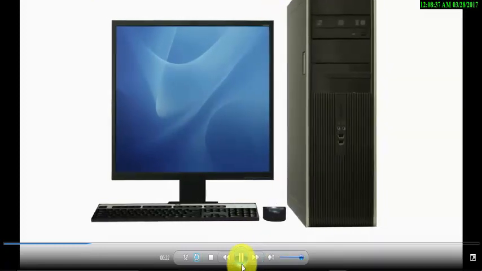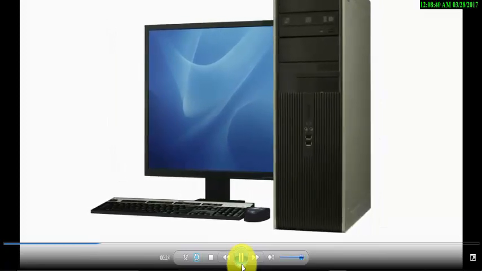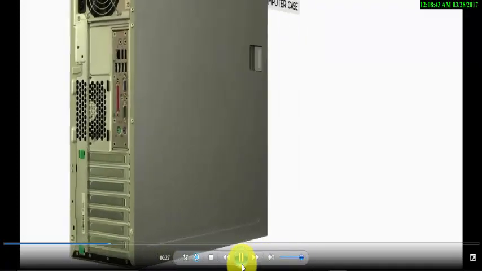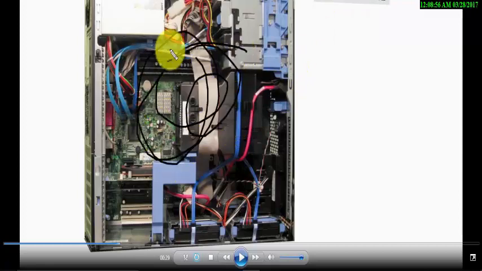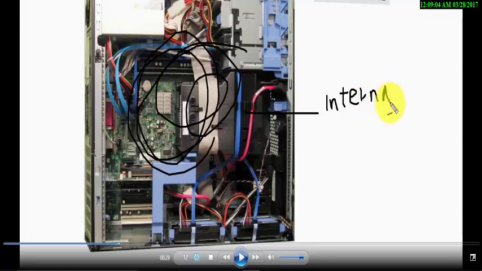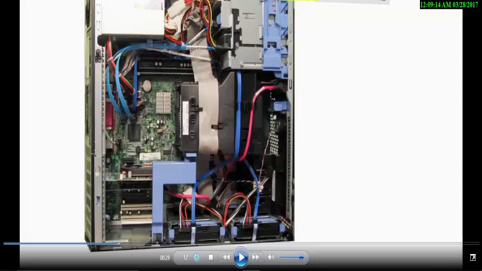Let us show you what these parts are and what they're used for. The computer case contains the main components of the computer. So now, in the first place, I said the parts we are able to see outside are called the external parts of the computer. These which we are seeing inside here, inside the system unit, are called internal parts of the computer. So students, you need to understand this nicely so that you are not mistaken. So there are external parts of the computer and internal parts of the computer. The parts which are inside the system case are internal parts of the computer.